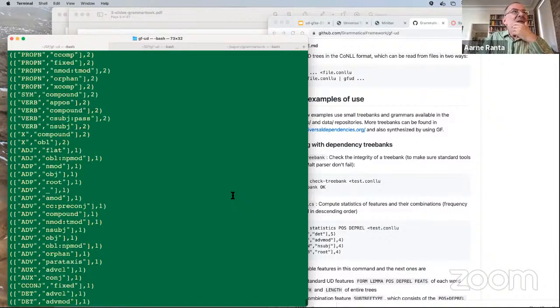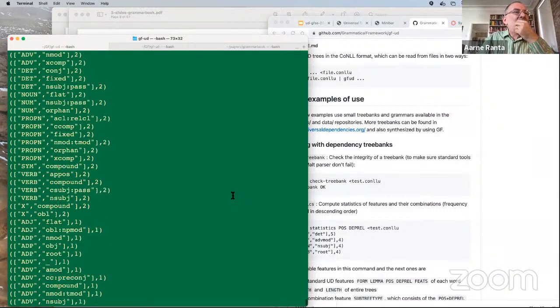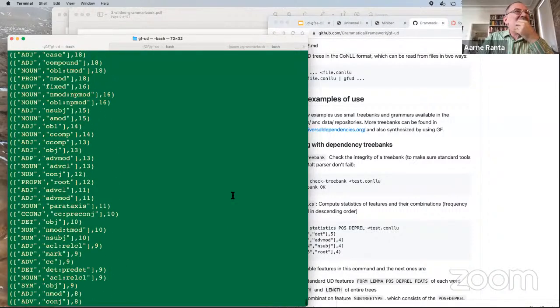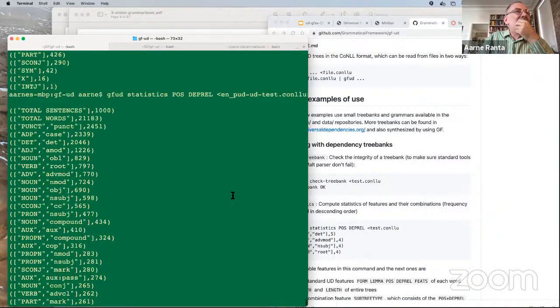So how often is a certain kind of word used with a certain dependency relation? The most common is punctuation, used as punctuation, and the second one is ADP, which is the same as adposition, like preposition or postposition, used as case, and determiner used as det. So there is very little... Then you see nouns are used in and